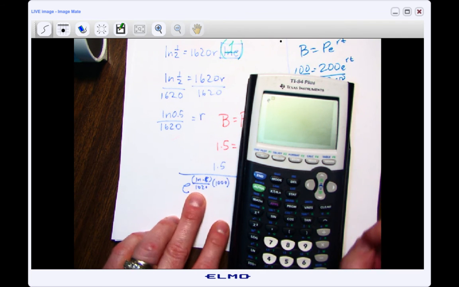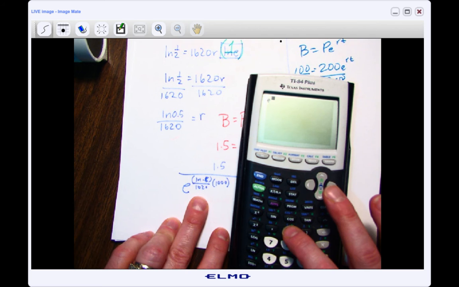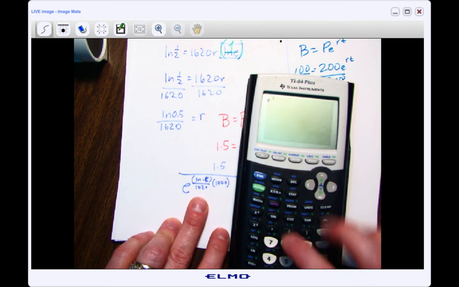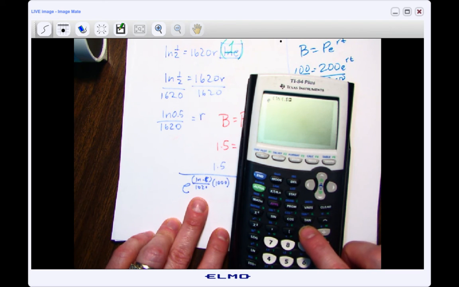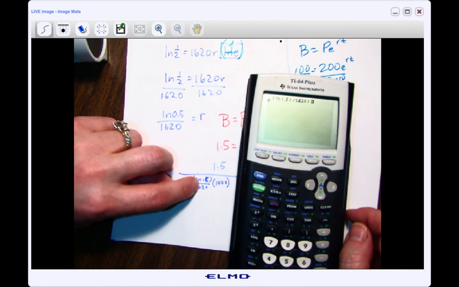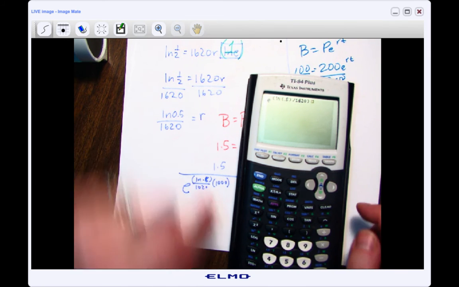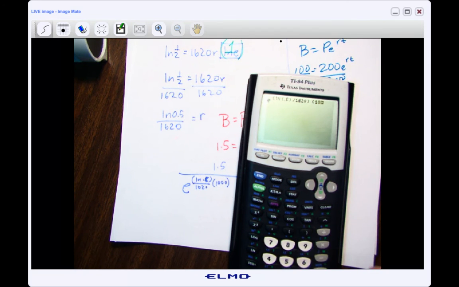Do you see it? So I'm going to do, in parentheses, natural log, so that's ln 0.5, or you can type in 1 over 2, divided by 1620, and then I'm going to close my parentheses, so that represents this first fraction. And then I'm going to open my parentheses and put in 1,000